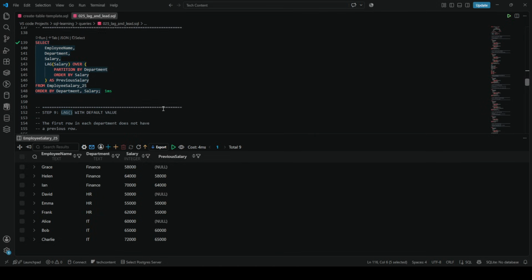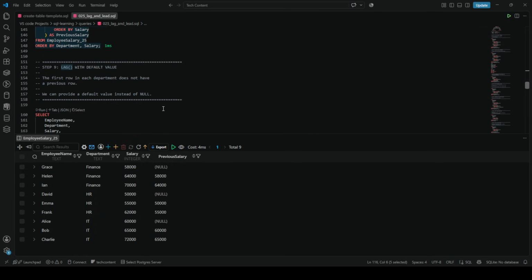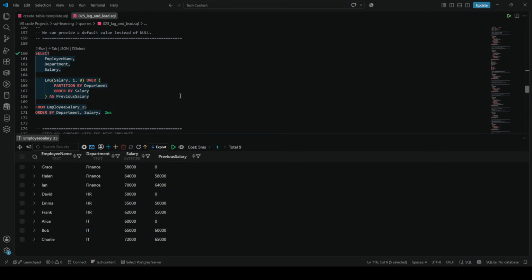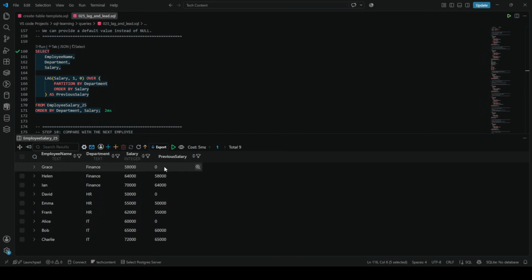Now if I want to show you what the previous row is, the first row in each department does not have a previous row, right? Now we can provide a default value instead of null. I don't want to see this null value, I want to replace it with something else. For this, I execute this query. As you see here is the result. It replaces the null value with 0,